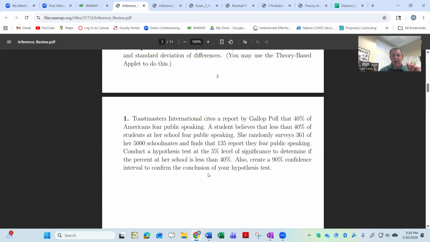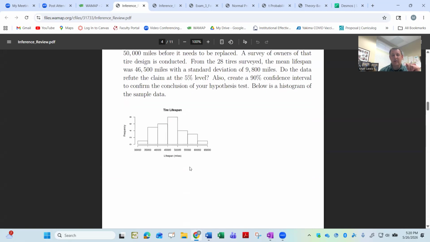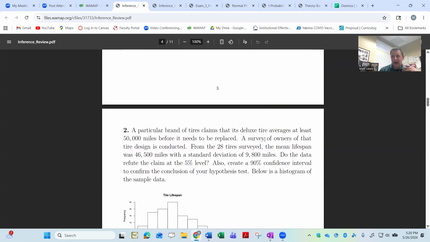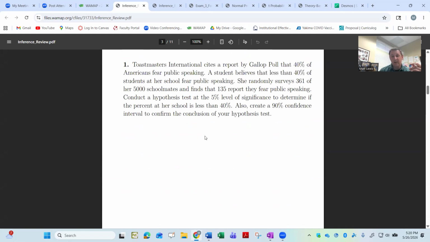So I don't want you to panic when you see the blanks underneath these problems, because I will ask them in some steps. But making yourself do it this way, where it's just like, okay, what do I do next? I've got to do the hypotheses, then I've got to check my conditions, then I've got to do this, then I've got to do that. You having to go through that will help you in the process of preparing and help you feel more confident going into that exam. All right, so please reach out as you have questions throughout your review process.